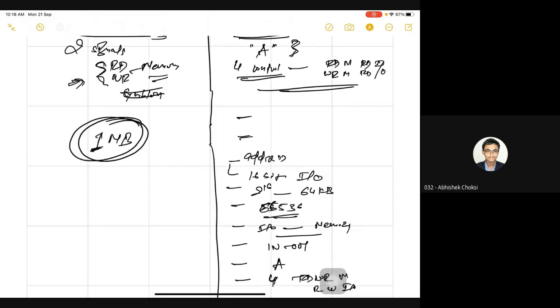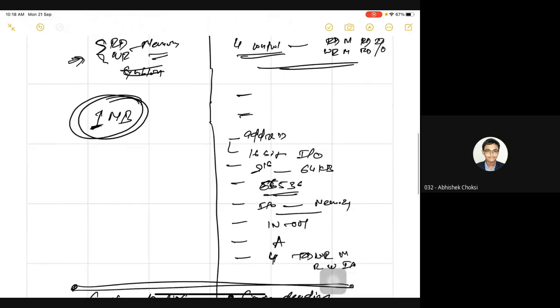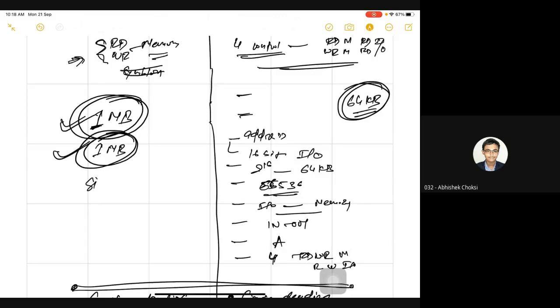Here you are having 1 MB of memory space available. So here in IO mapped IO you have the constraint that you can access a maximum of 64 KB of devices. You can attach only 64 KB of devices. Here you can attach devices up to 1 million, right? So that will be the only advantage. In a situation where you have more devices than 64 KB, you can't go with IO mapped IO. You need to use memory mapped IO. Get it?